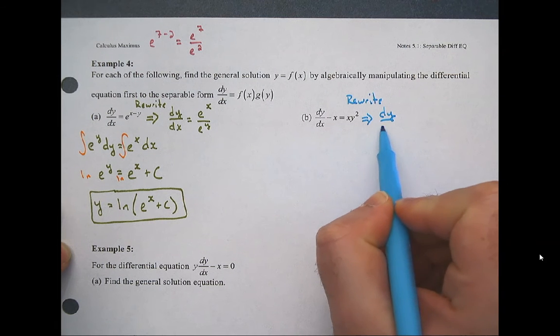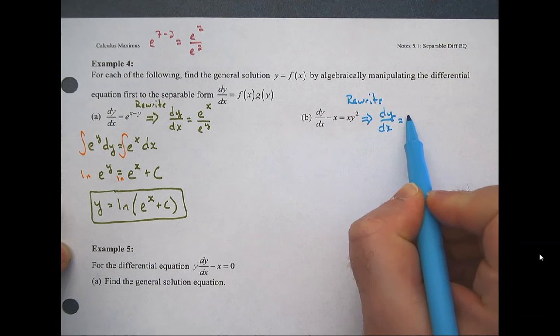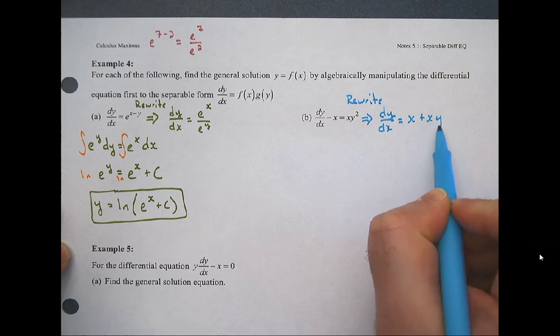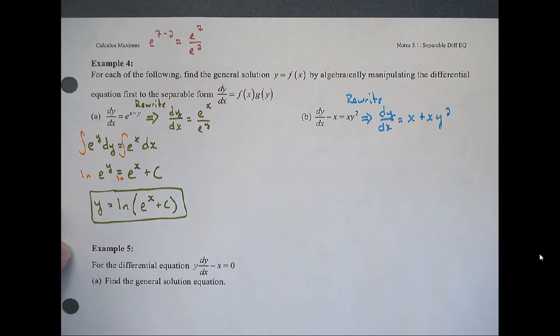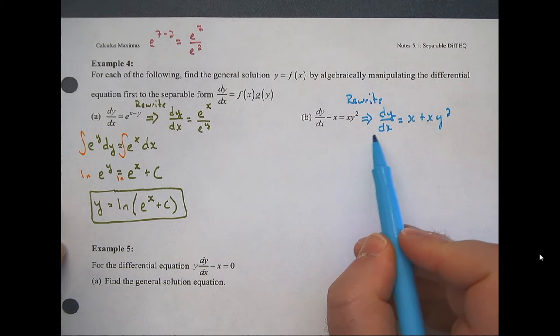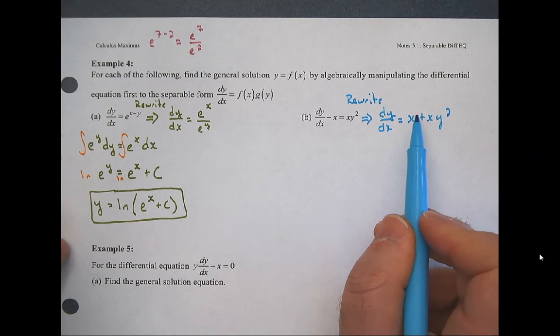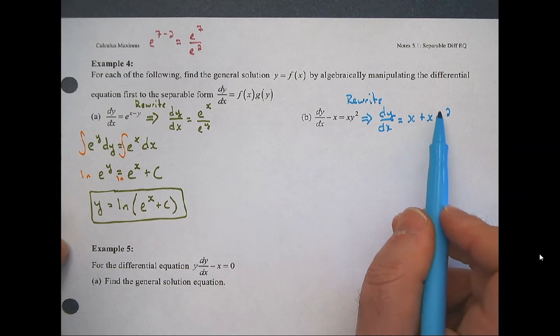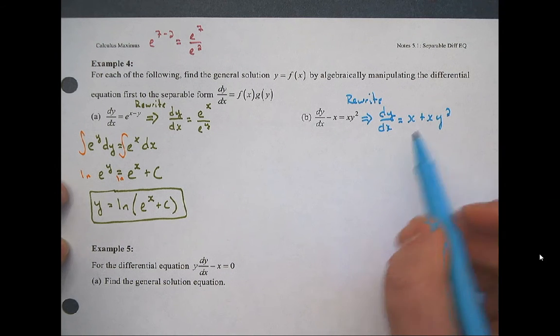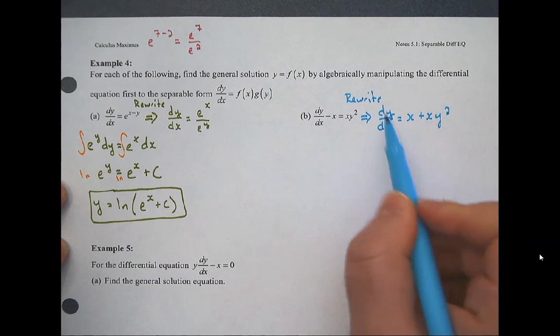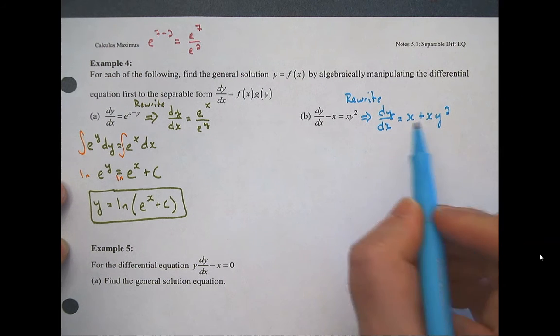dy dx is equal to x plus x y squared. So I'm going to want to multiply both sides by dx, but I want to clean this up first. I want to try to separate these because right now I've got a problem. I've got too many x's, and if I divide by y, it's going to mess this one up. So I want you to look at this and think about what we can do with that guy. Well, hopefully you thought